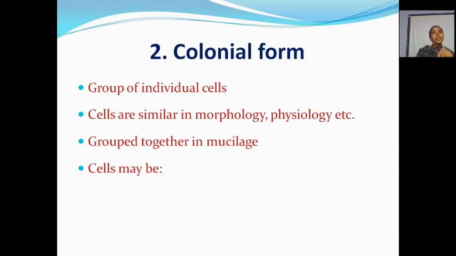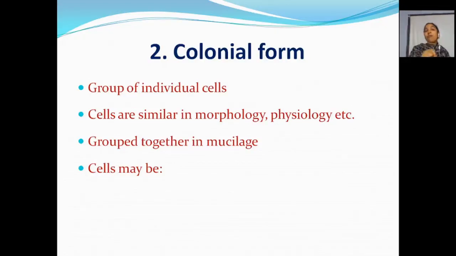And these colonies are grouped together in a mucilage. Take an example of a flat system. The outer walls of the flat, the outer boundary, you can compare to the mucilage. Inside the boundary, there are many apartments or rooms with different people living. But here the people are of the same morphology, same physiology. So it is the same type of algae with the same functions, covered inside a common mucilage.